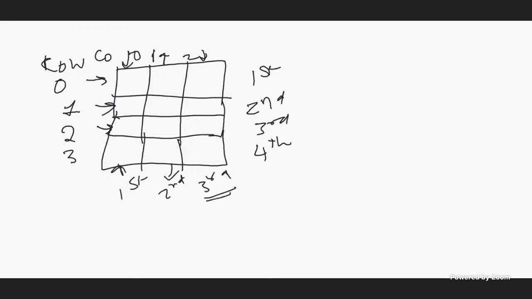Can you tell me, if I have to access this element out here, what I will write here? Yes. So this is 0, 1, 2, 3. So row is 3, and column 0, 1. So it will be 3 comma 2? No, so column also starts with 0, dear. So 0, 1, 2. So it will be 3 comma 1.